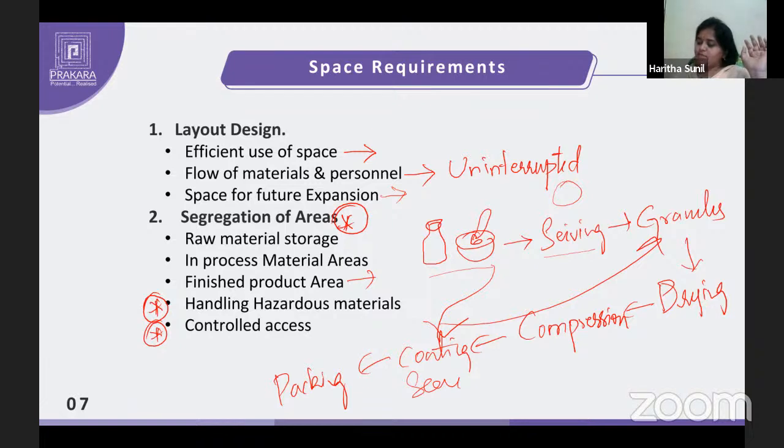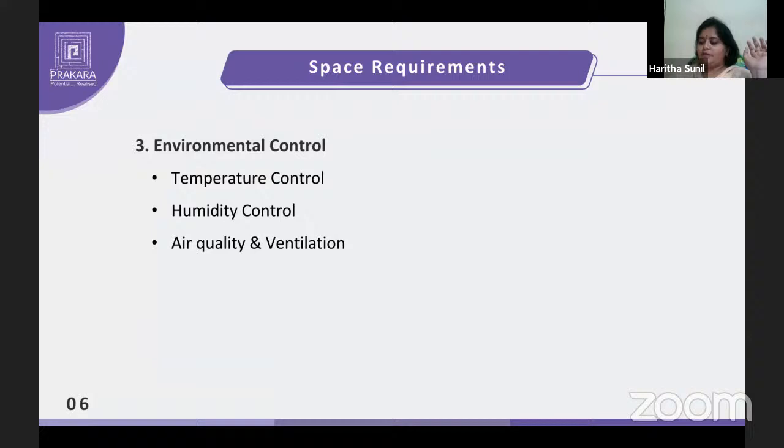And then the next space requirement we have is environmental control. Environmental control here is nothing but temperature control, humidity control, as well as air quality and ventilation. So here, there would be certain products which are very sensitive to temperature. Okay, so for such things, in the particular production room, you have to maintain the temperature. For example, in production of some heat-sensitive drugs like biologics, the temperature has to be monitored continuously,